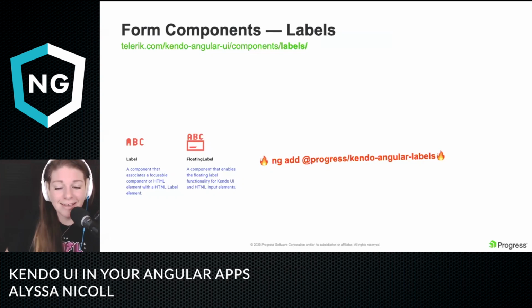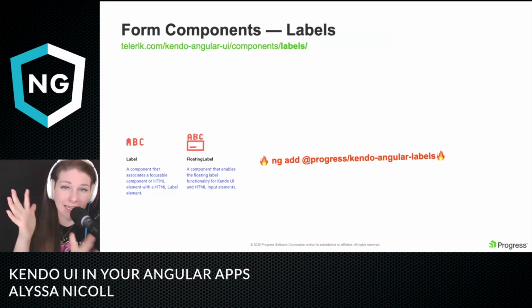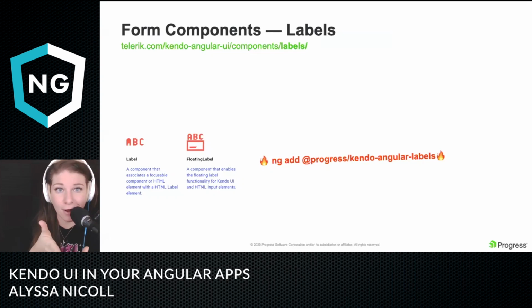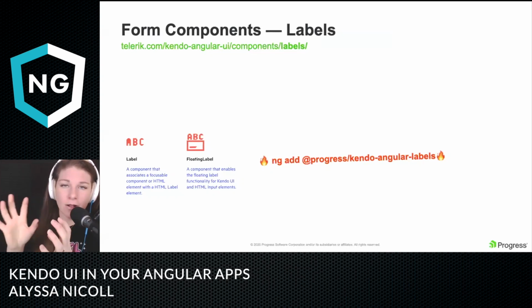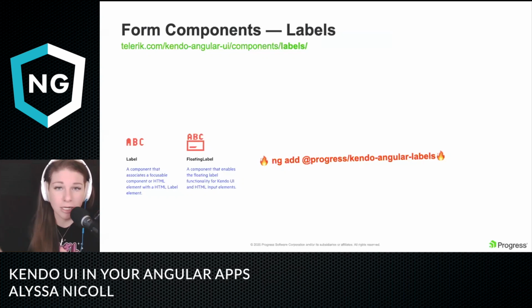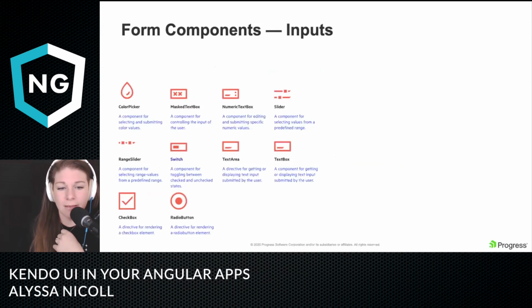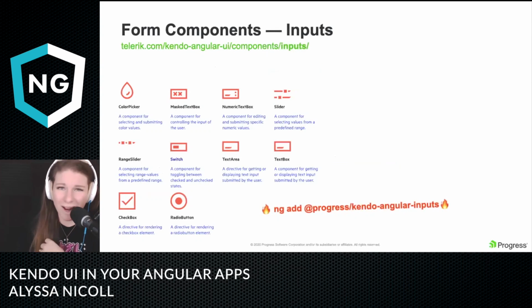We obviously have CLI support. So if you wanted to, right now in your project, you go ng add @progress/kendo-angular-labels. And that is the heart and soul of installation for V6 Angular apps or later. So labels, inputs, forms, buttons, anything like that, it's going to just change to kendo-angular- and the thing you're looking for. But yes, and then of course, importing your modules where you need them.